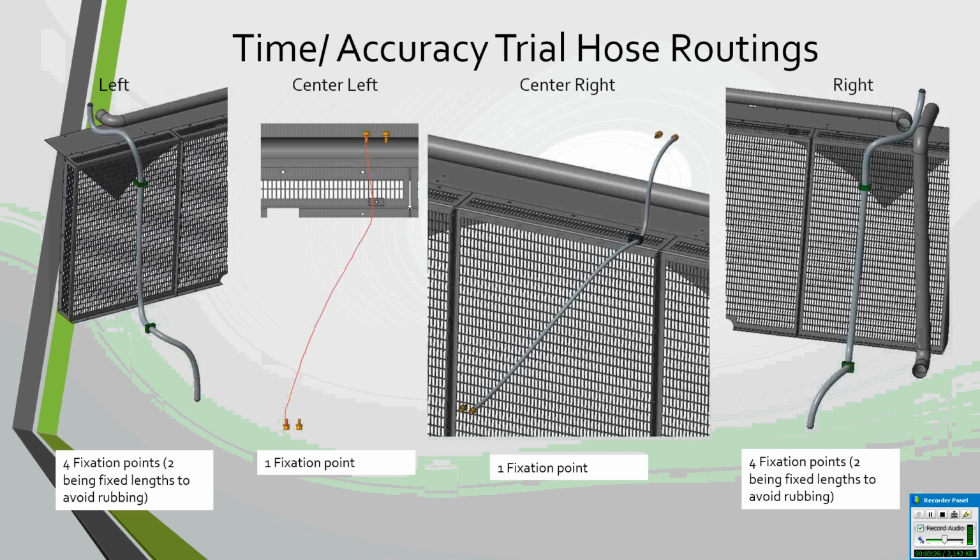So in this, there are clamps on the left, there are clamps on the right, and there's one clamp for each in the center there. And then there are some rub points where you may have to apply a fixed length from the clamp up to the top. So all that being said,